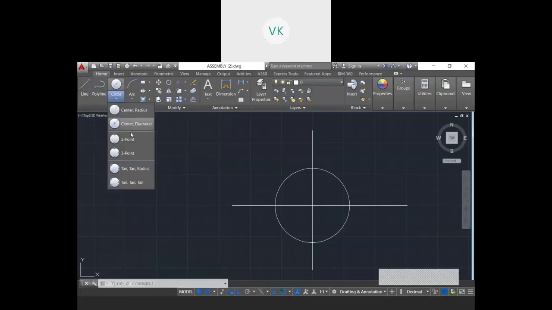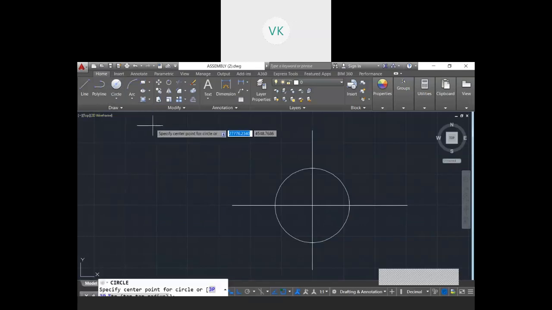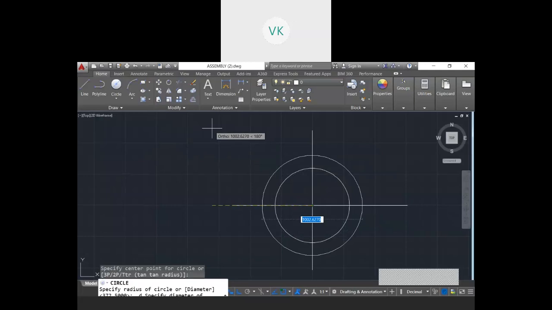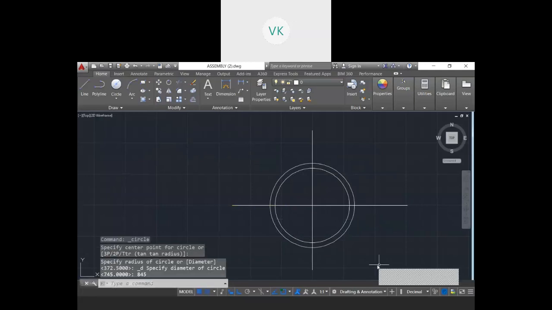Next is the outer diameter. It is given as 845 mm. So this is my outer diameter here. Then the diameter of the pole arc is also given.